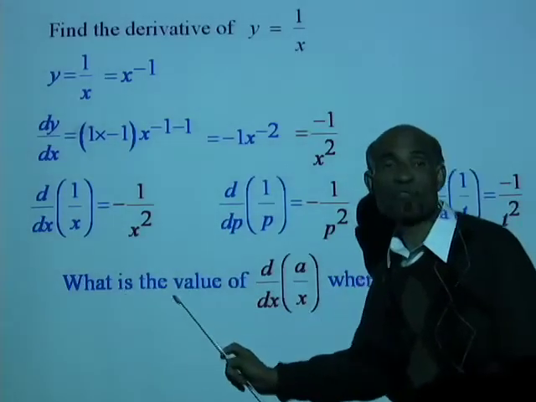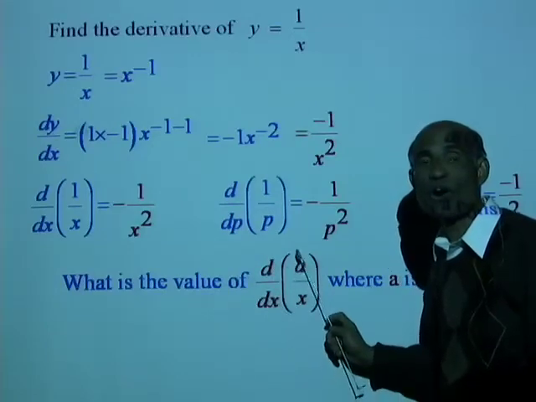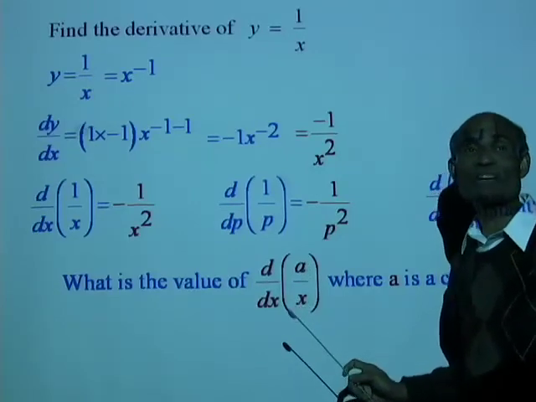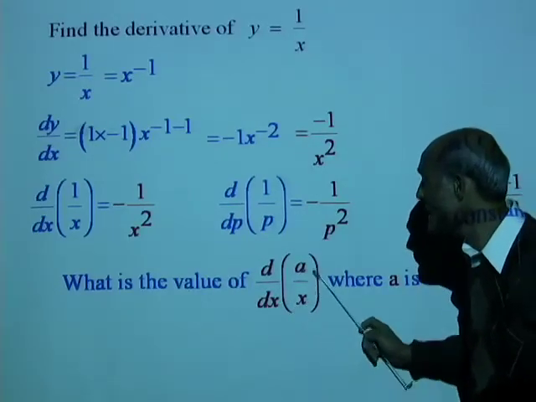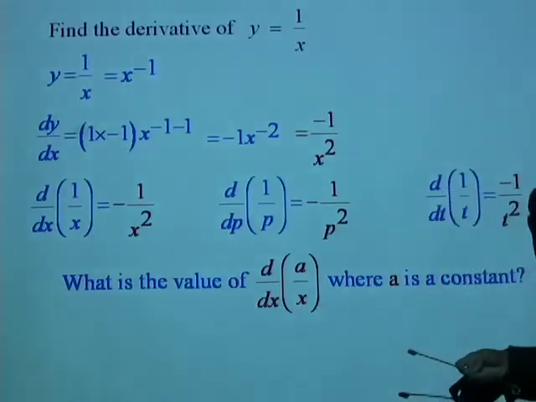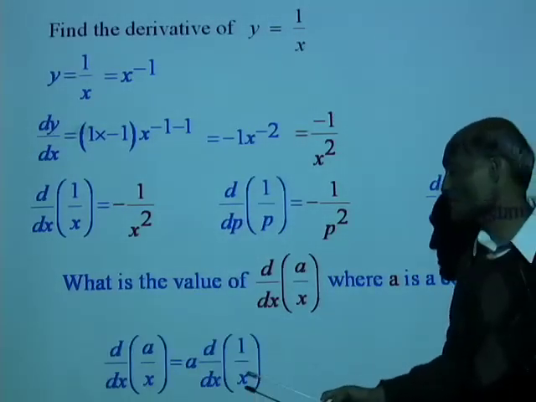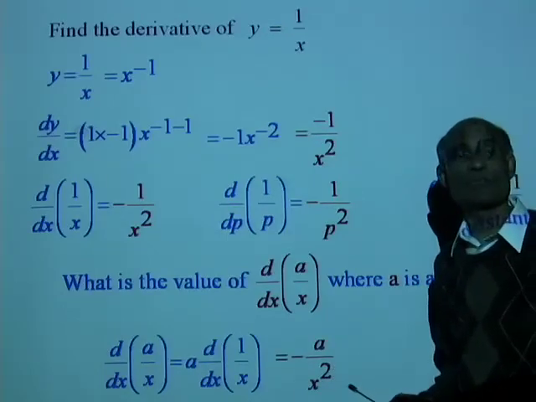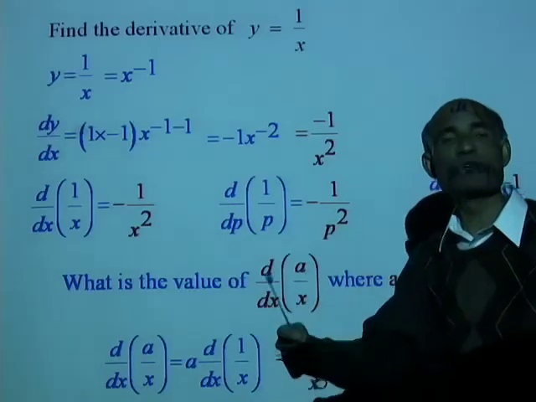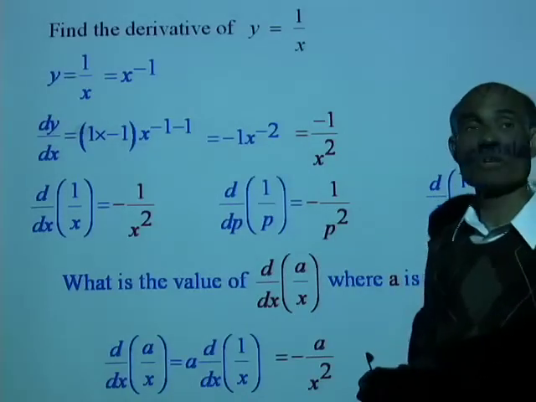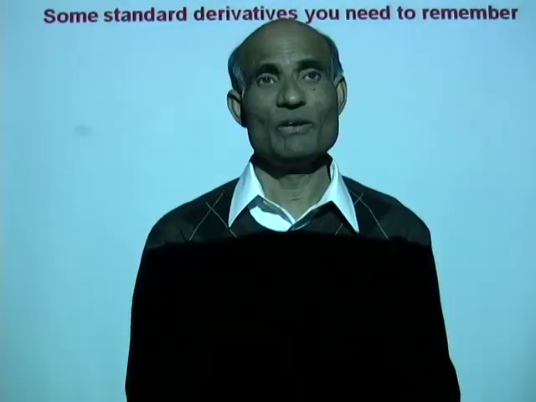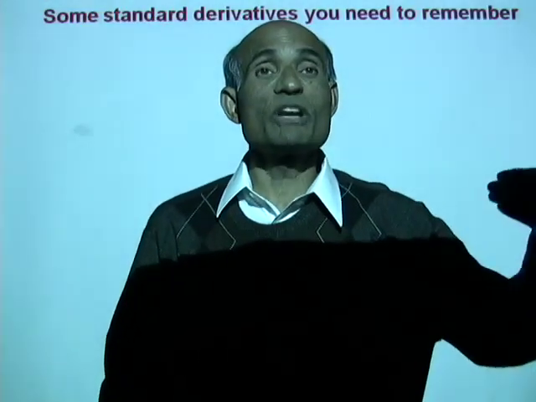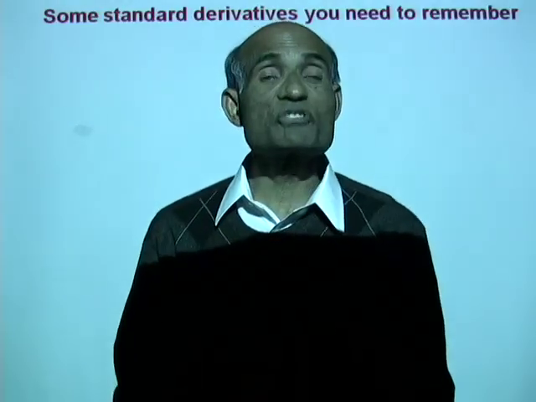Now tell me, what is the value of d by dx of a over x? d by dx of a over x. The derivative of a over x will be negative a over x squared. That's right. That'll be negative a over x squared. A very important result. We will be using it many times as we go on. We will now summarize some of the derivatives that we have already discussed and add to that list some standard